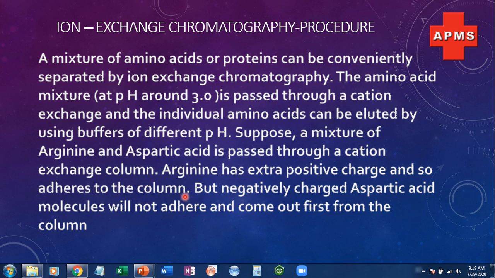So first the aspartic acid will be eluted from the column through the mobile phase. Negatively charged aspartic acid molecules will not adhere and come out first from the column, as I said.